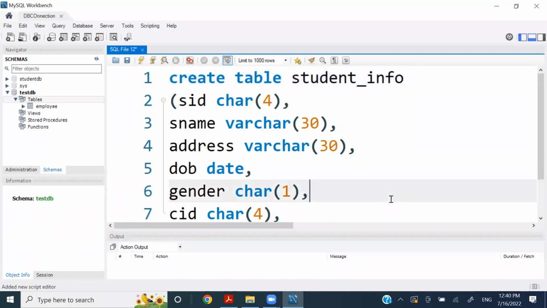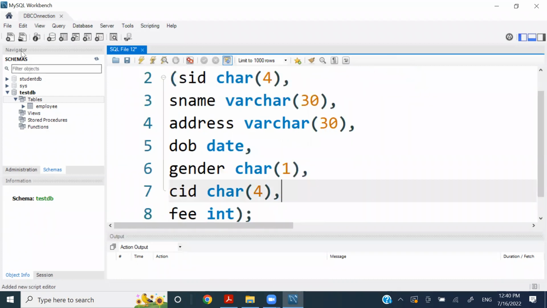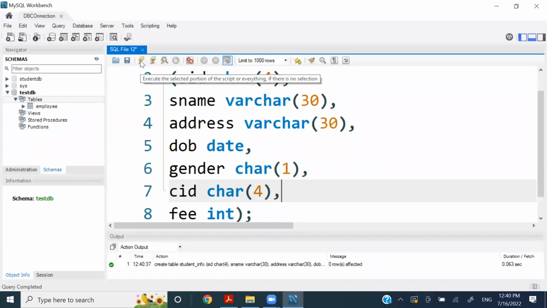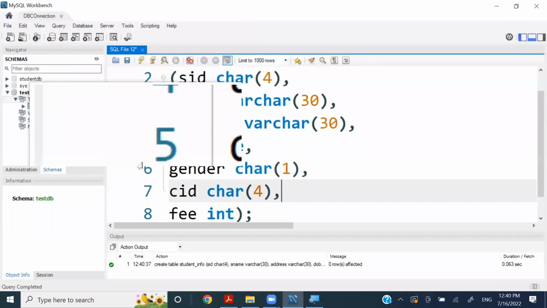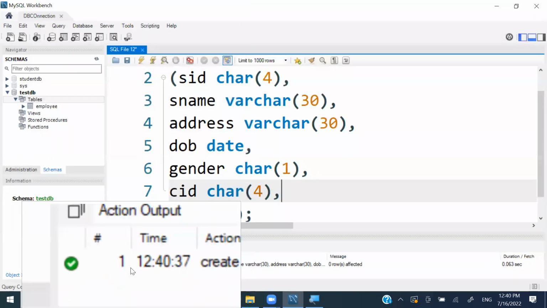So now I'm going to run this. Here I'm going to run this. See, now you can see here at the output,